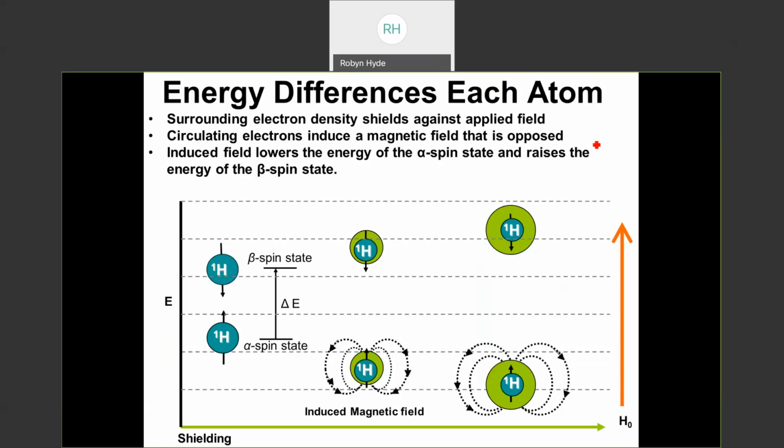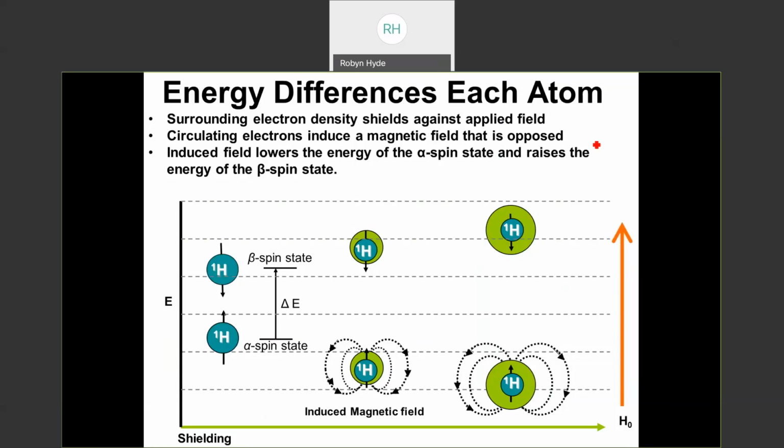A lot longer. We are well shielded from the cold. It's going to take a lot longer before we have to come back inside to seek the warmth of the outside. So that's how you can think about the energy levels. And so then we have swimming suit protons, very little energy to flip their spin. So we have sweatshirt, sweatpants protons, a little bit more energy to flip their spin. And then we have those in winter coats, and it's going to take a lot of energy to flip their